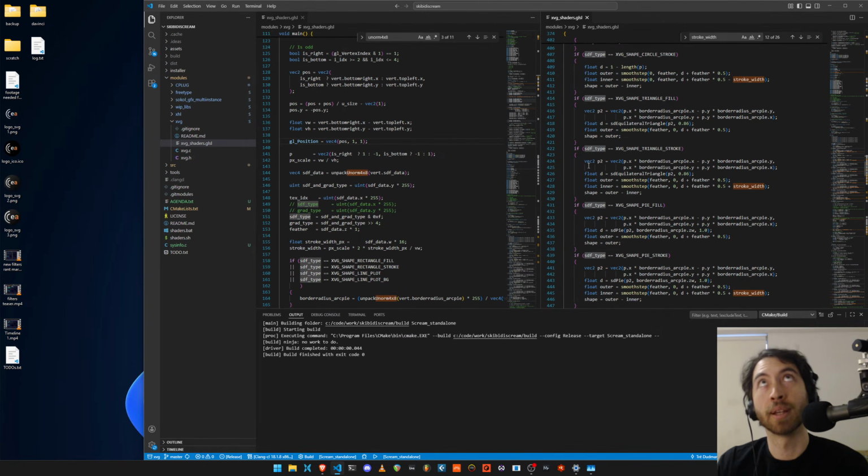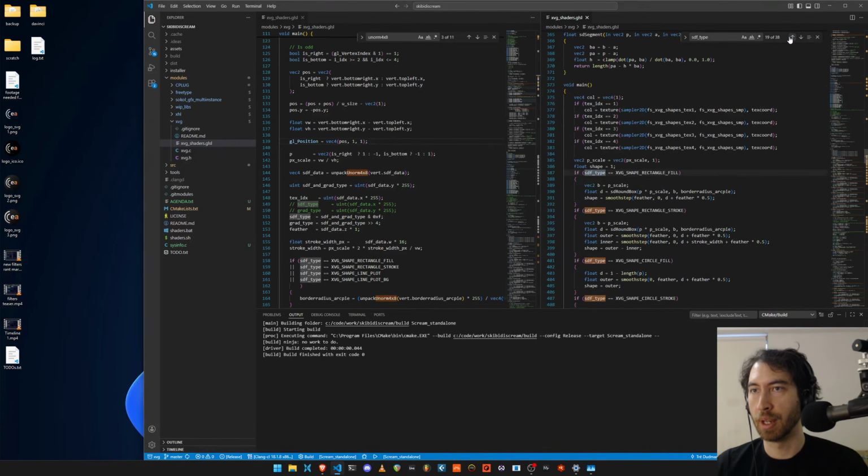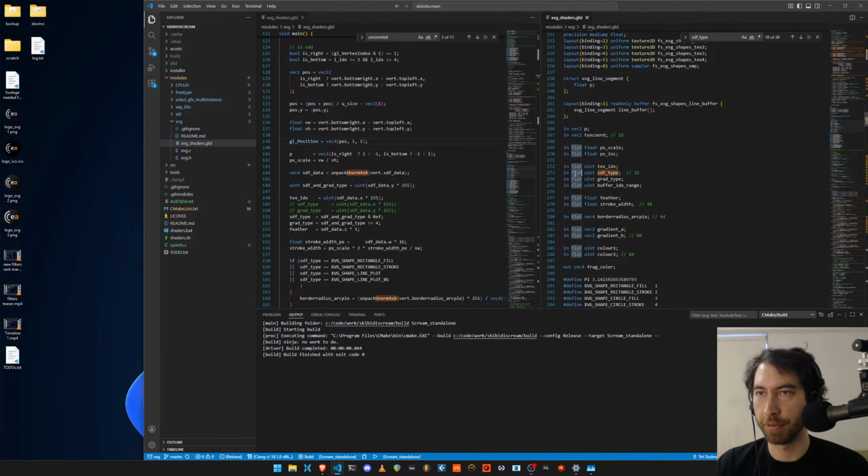But if the condition can be resolved because it's some known constant, in the case of this data coming in as a flat variable right at the beginning of the fragment shader,